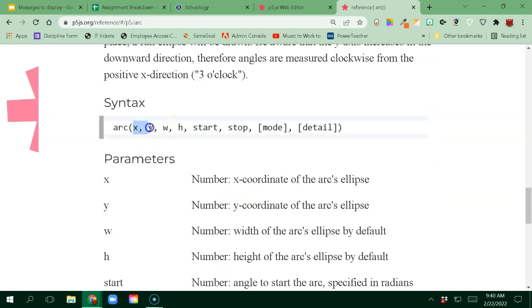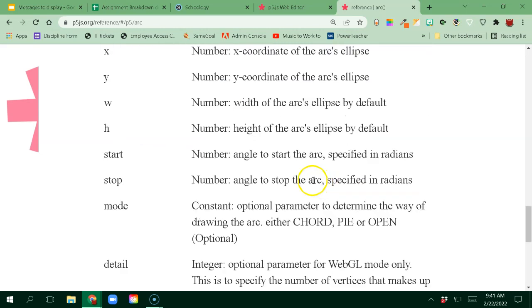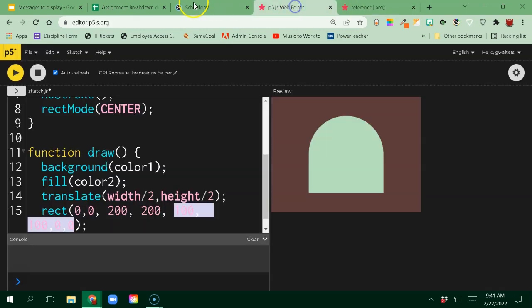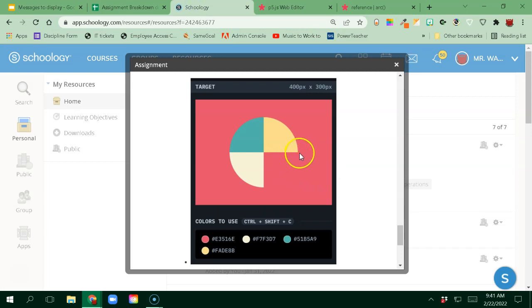Okay, this is your width and your height, your starting position, which would be that center point, and then your start and stop. That's where you're going to want to focus. Your start and stop is going to be in radians. So if I'm looking in pictures here, this would be 0. Now,